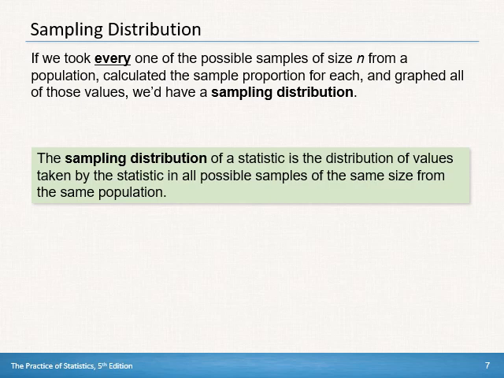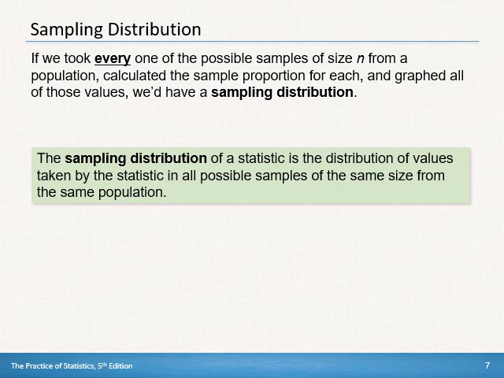So if we were to theoretically be able to take every single sample of a certain size from a population and plot all of those sample statistics, we would have the sampling distribution. So it's a distribution of all possible samples. All right, and then we take a sample and we can compare where our sample would be in that distribution to make some estimates as to whether we think a particular population parameter is valid based on the sample